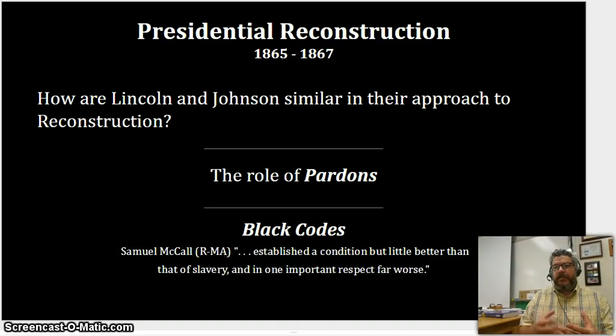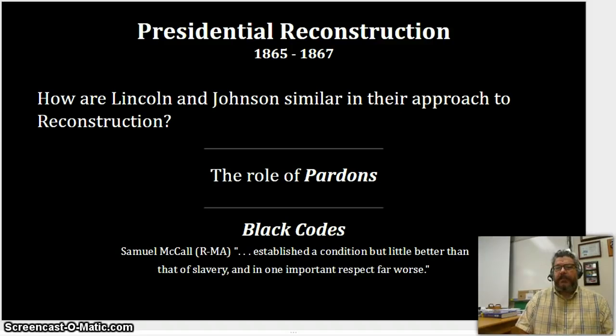As these state governments begin to reform themselves, as new constitutions are written, what we're left with are very similar governments, right down to personnel and constitution, as we had prior to the Civil War. Of course, ratification of the 13th Amendment was part of the program, and so at least we come out of this period with the 13th Amendment and the official constitutional grounding and the ending of slavery.